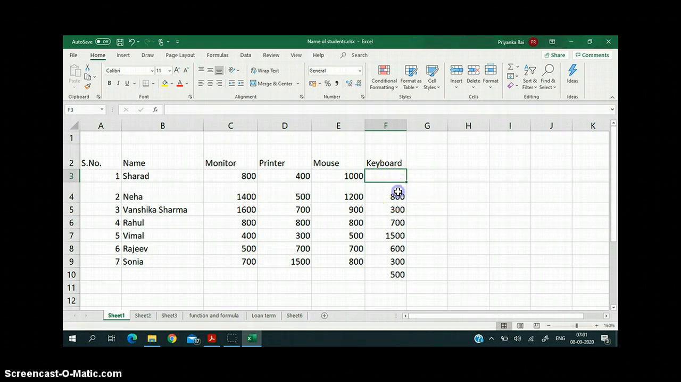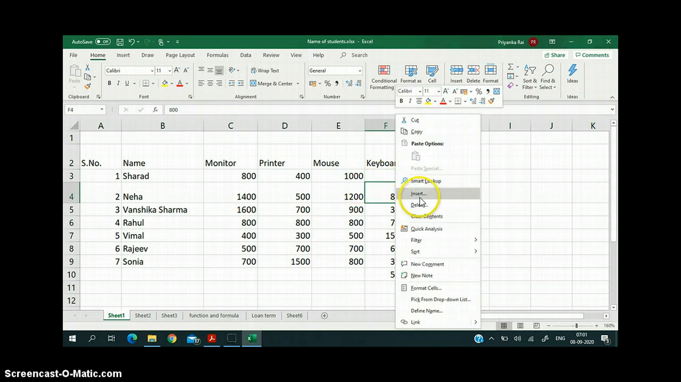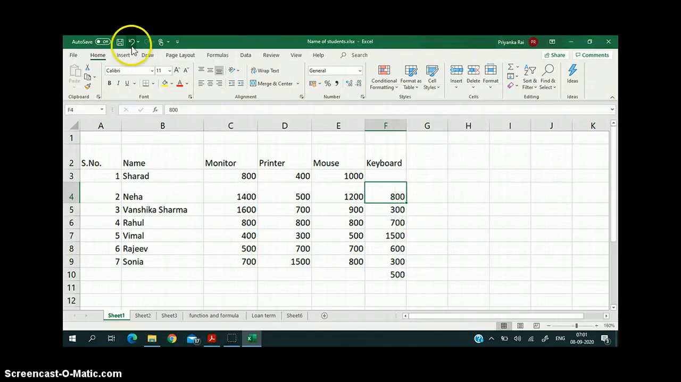You can also insert a cell like this by right clicking it. When you right click, insert option is here also. So both the ways are correct. Now the next